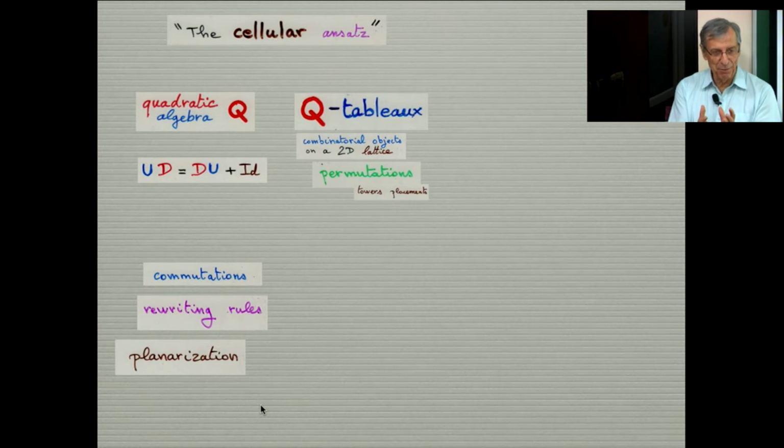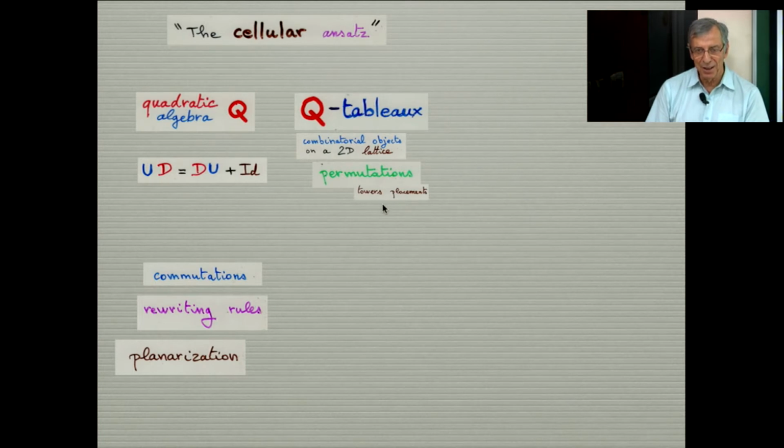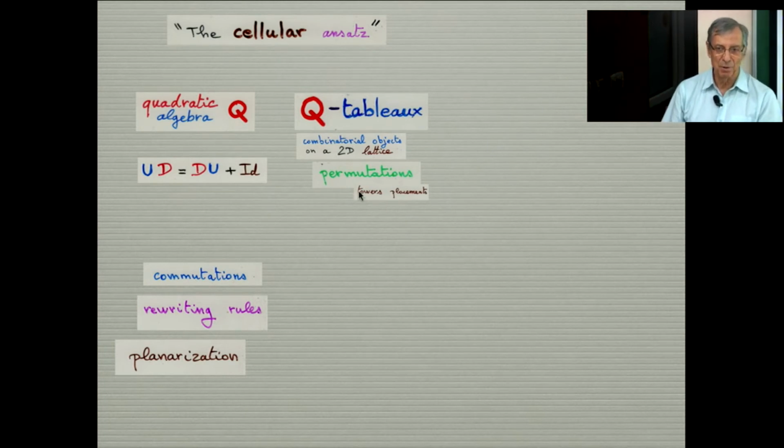I have a certain family. I have the example of this quadratic algebra, which is my main example, and I associate to this quadratic algebra a permutation. In general, if you start from any Ferrers diagram, any polynomial in U and D, then you will have a placement of the towers in the Ferrers diagram. But here will be the special case of permutation. So I associate to a quadratic algebra a Q-tableau. There is a complete Q-tableau, and when I forget some labels, I need only the Q-tableau.